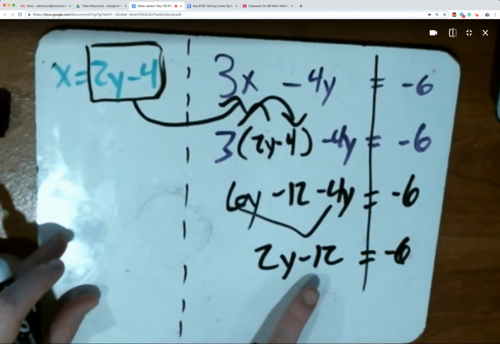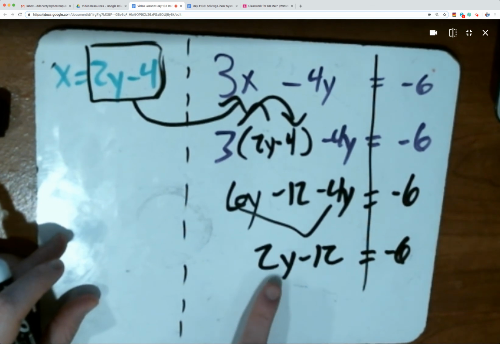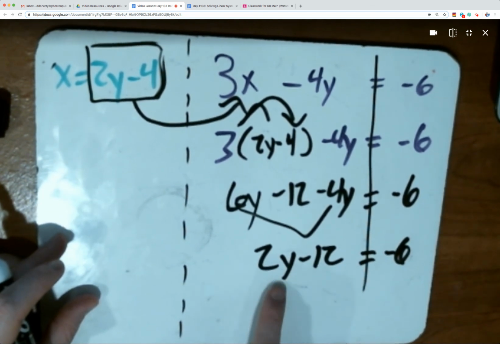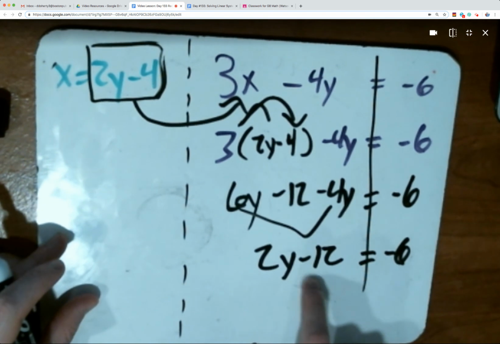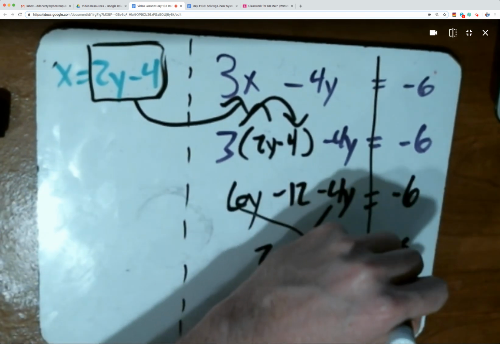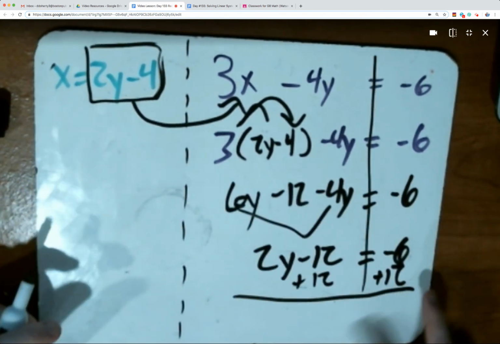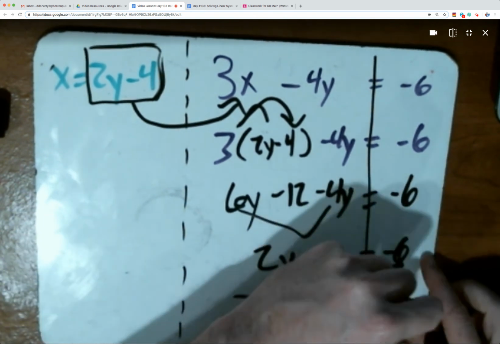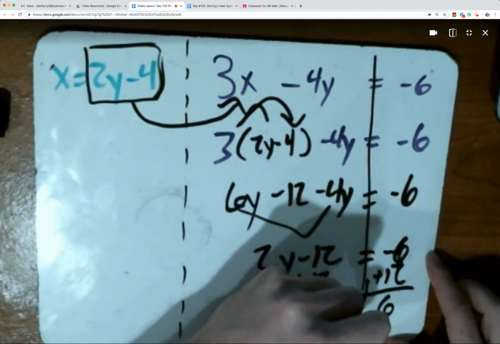Hopefully this should be peeling the onion. If you're still a little bit stuck peeling the onion with Mr. Neville last year, we see the y terms are now gathered on the left side. We need to get rid of the negative 12 first and then the coefficient. So to get rid of the negative 12, we'd add 12 to both sides. 12 minus 6 leaves us with a positive 6. That's equal